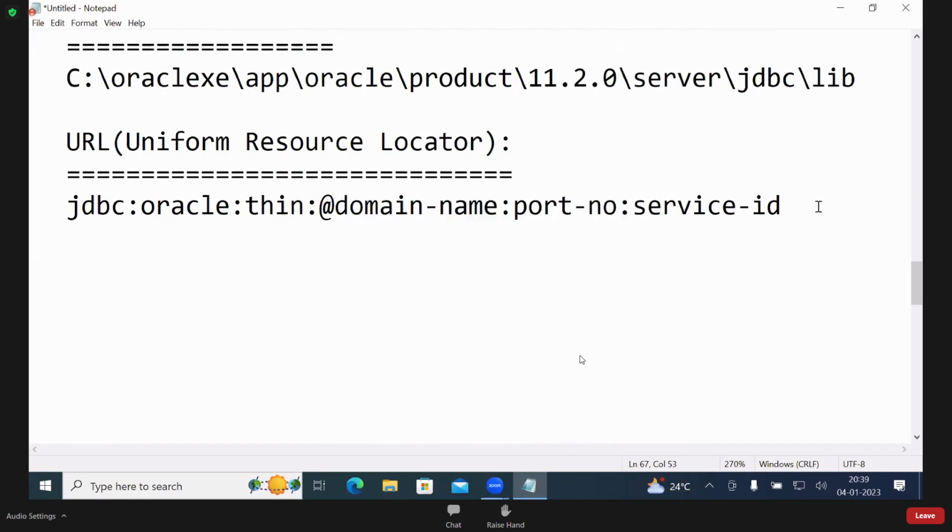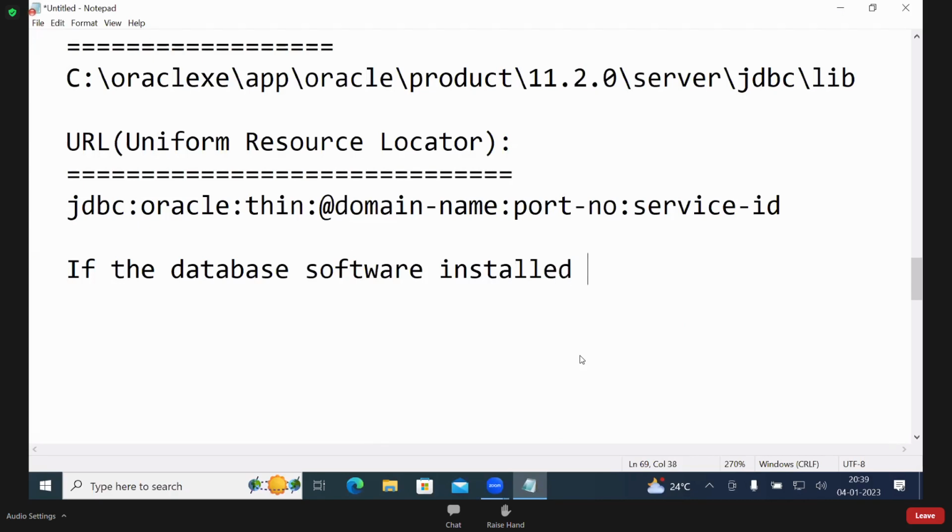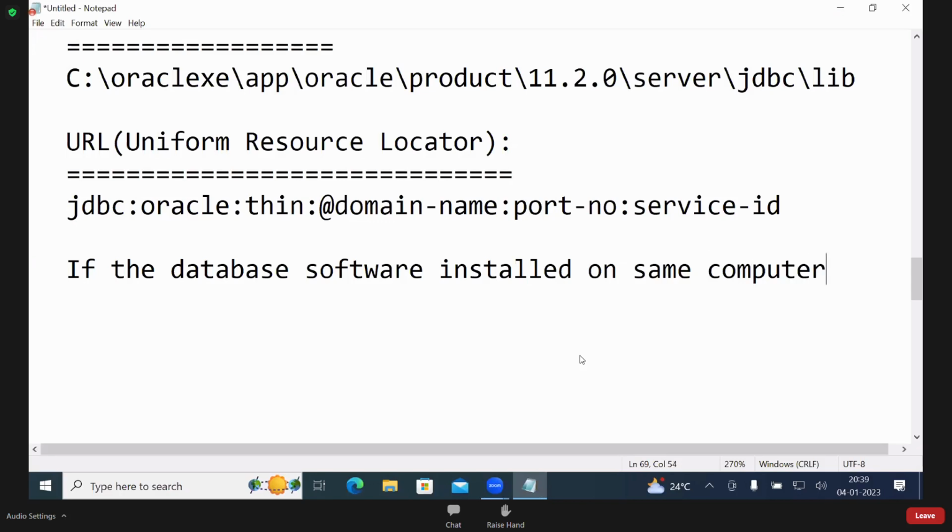What are these? If the database software is installed on the same computer, then use localhost as the domain name.